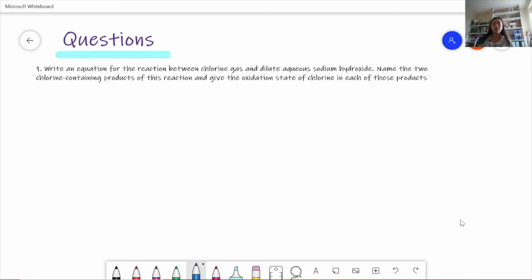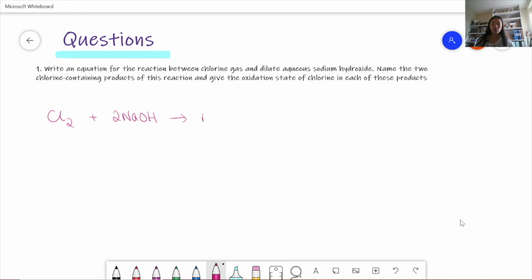So for question 1, write an equation for the reaction between chlorine gas and dilute aqueous sodium hydroxide. Name the 2 chlorine-containing products of this reaction and give the oxidation state of chlorine in each of these products. So this reaction is really, really important to remember because it always comes up as a sort of recall question. So what happens is that chlorine reacts with sodium hydroxide,